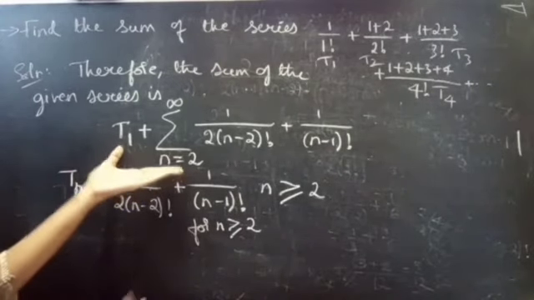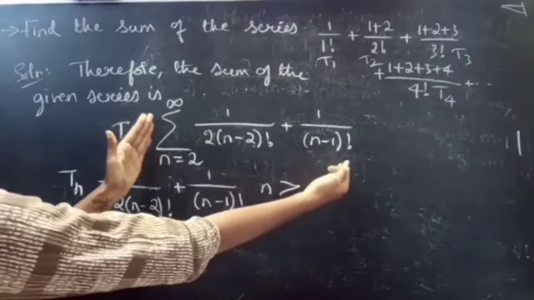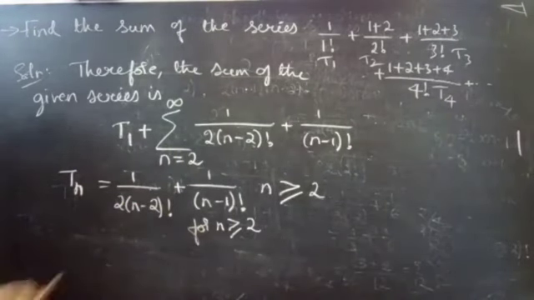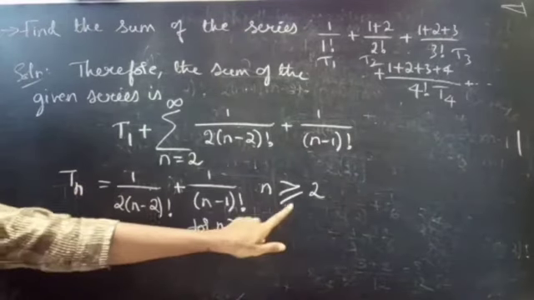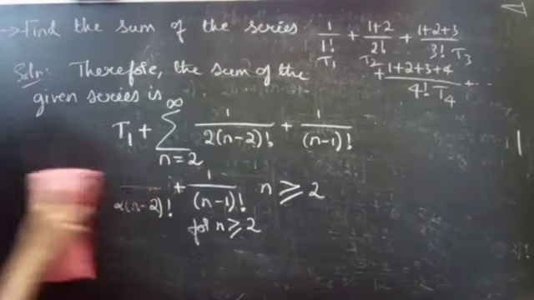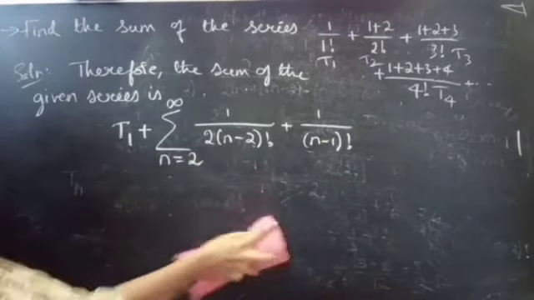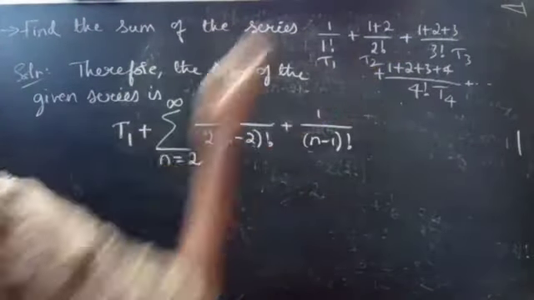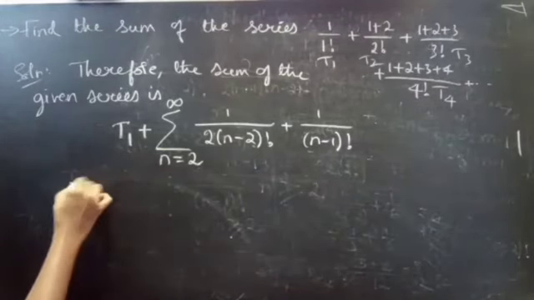So here we are having the sum of the series T1, and from this we'll get T2, T3, T4, T5 and everything up to infinity. Since we have checked the Tn for n equals 2, n equals 3, n equals 4, we know that Tn holds for n greater than or equal to 2. Okay, if you want you can check it. Just substitute n equals 2, you will get the second term. If you substitute n equals 3, you will get the third term. And like that, you'll get T4, T5 and all. Okay. So now this equals